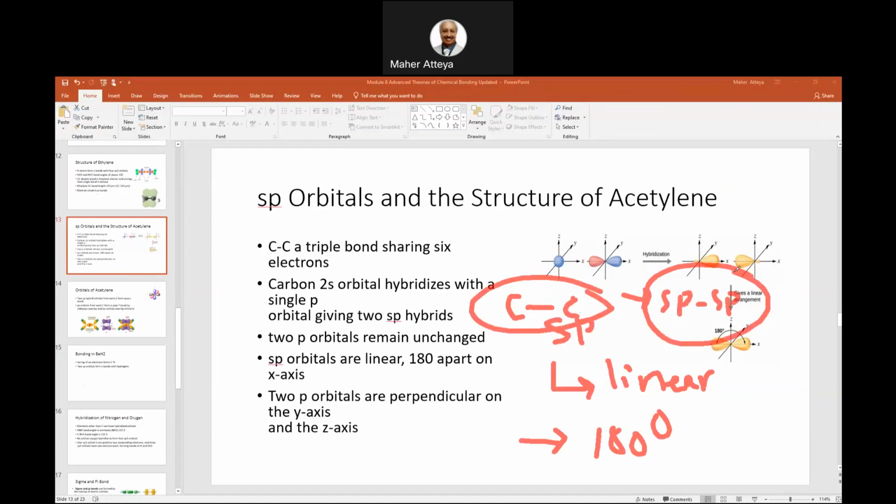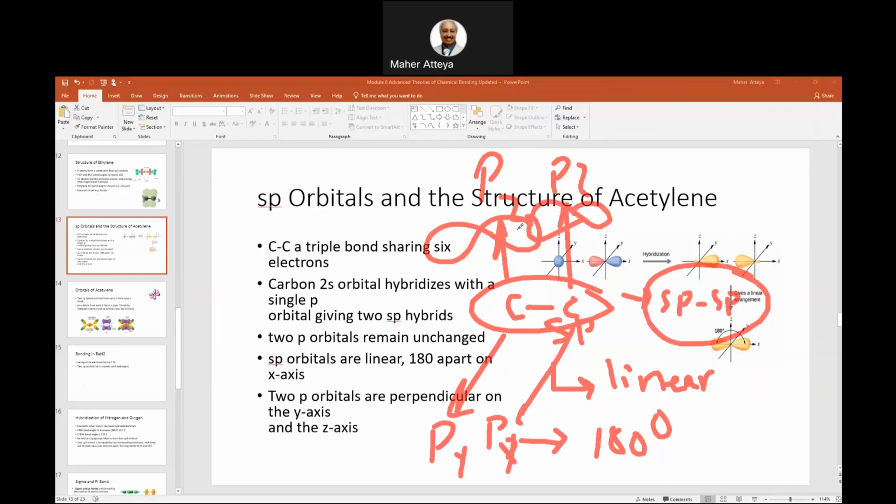But then you have two pi bonds from the interaction. One is the pz, on the top, and one is the py on this carbon. So when they interact, the two ones here